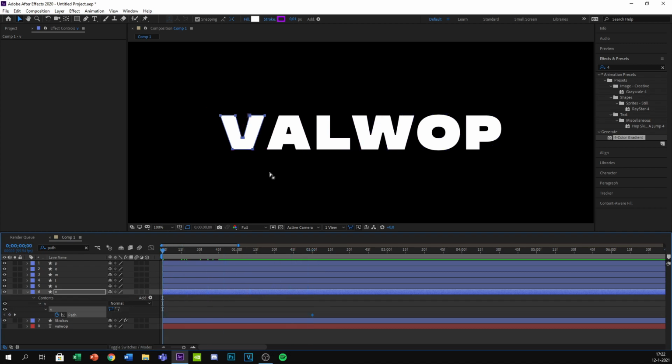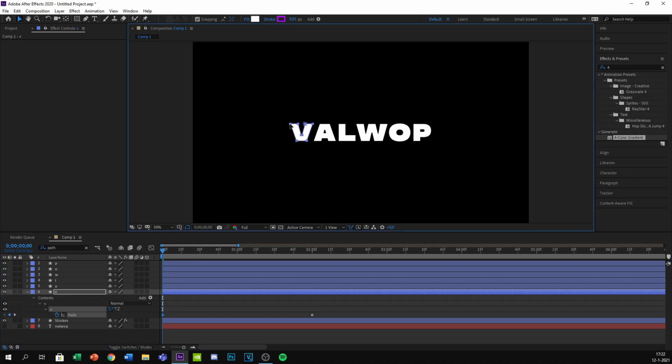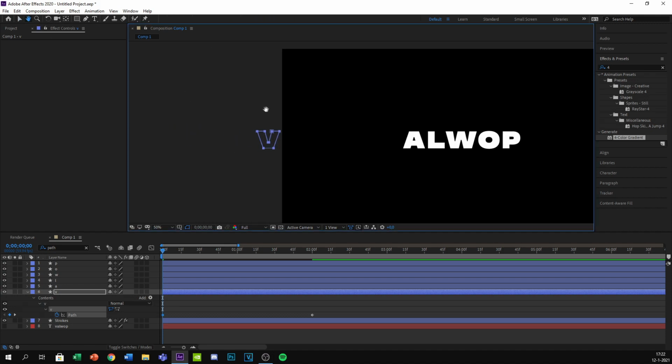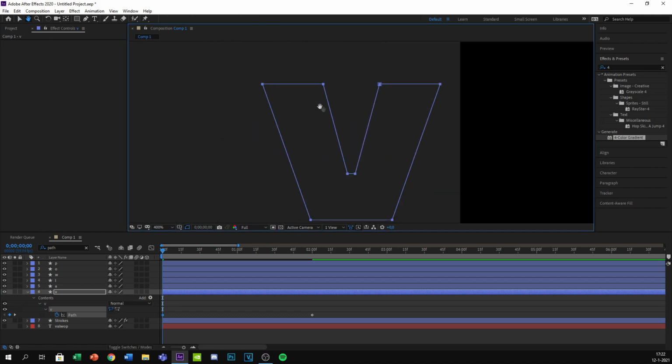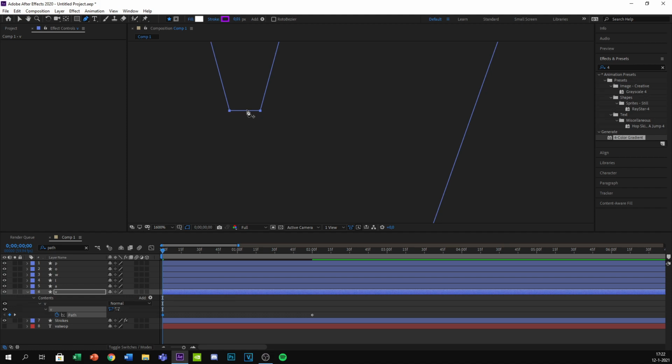Now go all the way to the start and we have this little ladder. What we do is you click on one point, press shift on your keyboard, drag it to the left like that. Now what we are going to do is zoom in on the ladder, and what we are going to be doing is splitting this ladder in the middle.